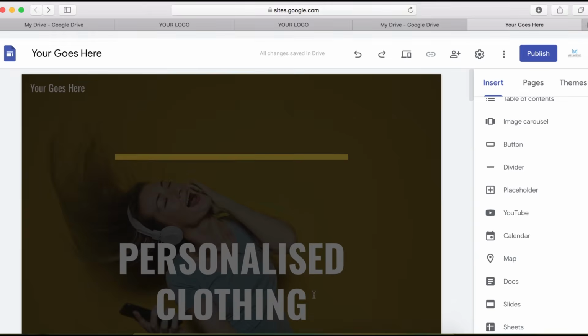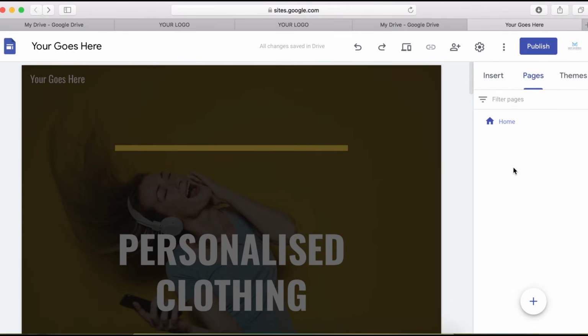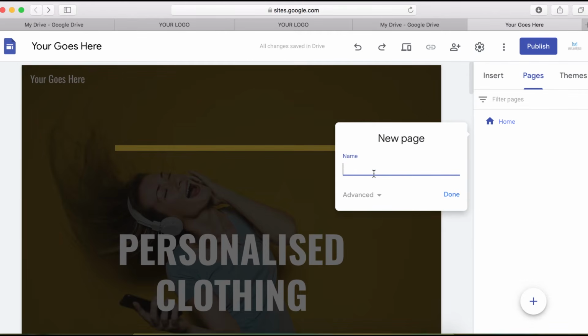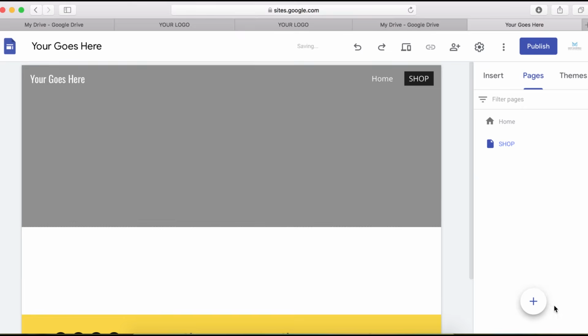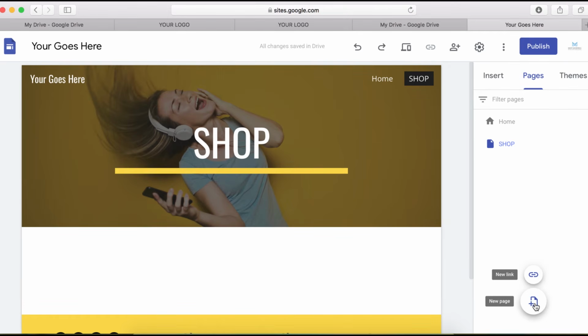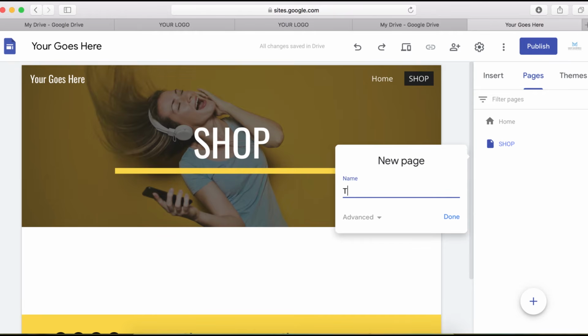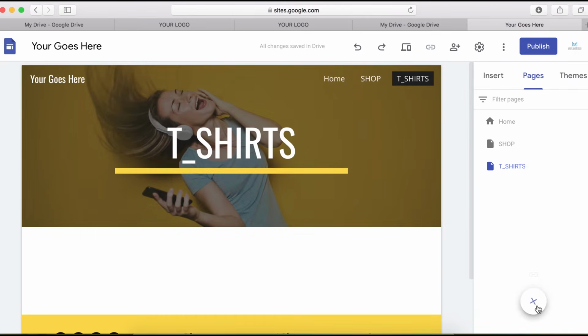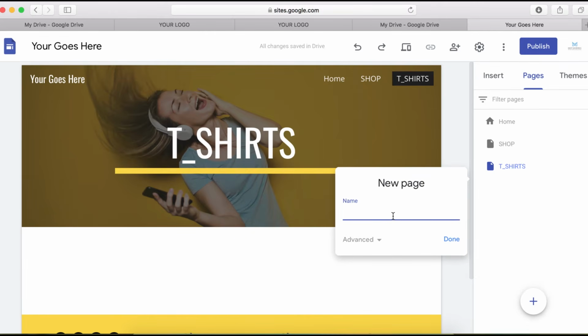So next thing I want to do here is to create some pages, right? So we got home already as a default page. So we want to create something, what are we gonna call it, let's call it shop, maybe shop, use a capital letter. And you want to call another one maybe t-shirts. Another one can be maybe hoodies,